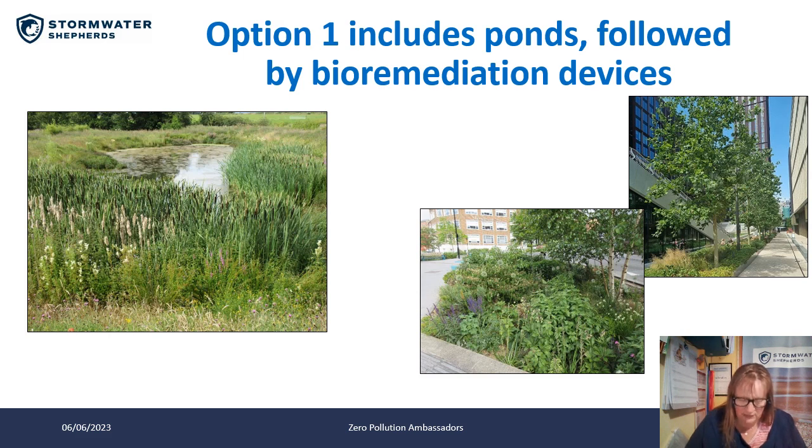So the pond will remove, or at least capture, the particulate organic nitrogen, and then the processes will start to take place within the pond. So you might have an anoxic zone where you get denitrification. You'll certainly have an aerobic zone where you'll get nitrification. You'll get assimilation of nitrogen into the plants around the pond and the organic matter within the pond, and you'll get sedimentation of particulate organic nitrogen. So the pond is the first level of treatment, and it delivers quite good treatment and removes some of the nitrogen. So the proposal in option 1 is that you have multiple small ponds across the development, and then those ponds overflow